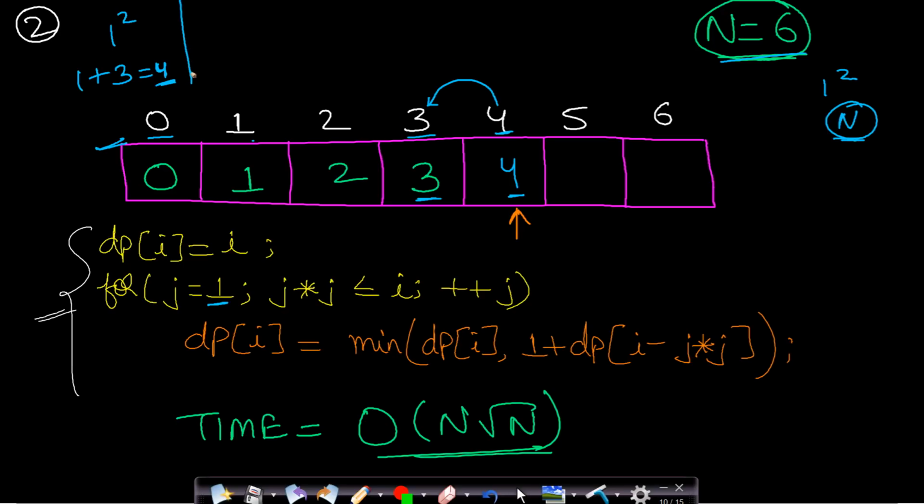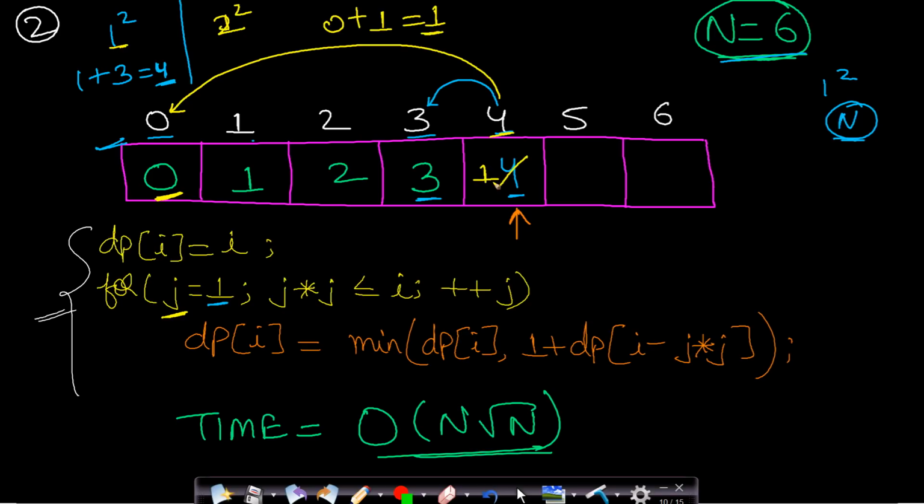Now you will try for the next breakpoint. So what will be the next breakpoint size? The breakpoint size will be defined by this j value. So j value will be 2, so the breakpoint will be 2 square. So if you go back 2 square, then you will simply reach this value 0. So you have made one split and you reach value 0, and the answer here is 0. So what will be the number of square sums in order to get this 4? It will be this 0 plus the number of splits you made. Now you are making just a single split, therefore it will be 1. So you will take the minimum of 1 and 4, so this will come out to be 1. And now you cannot make further breaks because it will go out of bounds. So you will now move on to the next step.